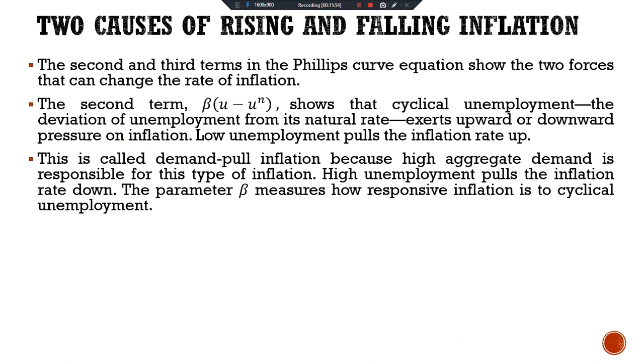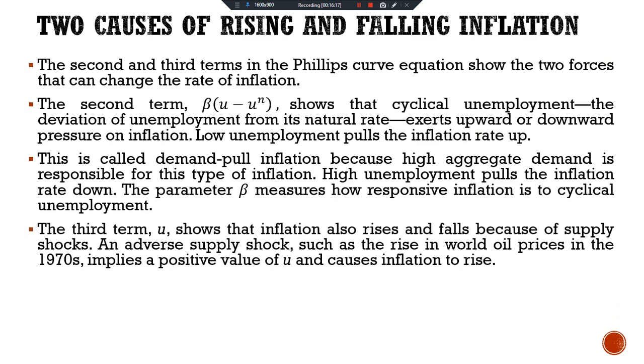This is called demand-pull inflation because high aggregate demand is responsible for this type of inflation. High unemployment pushes the inflation rate down. The parameter beta measures how responsive inflation is to cyclical unemployment. Okay, the third term, which is